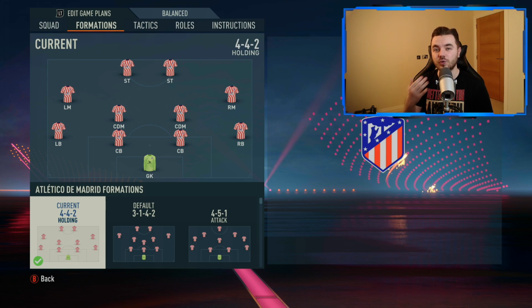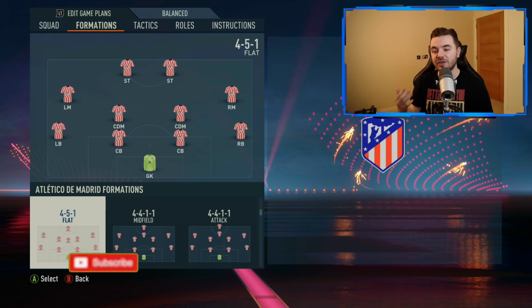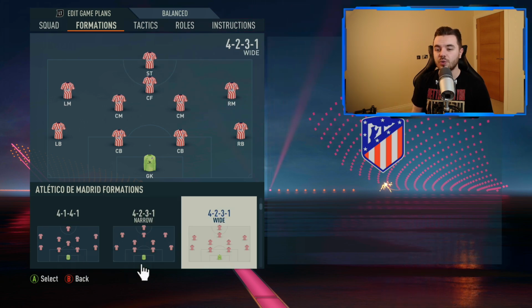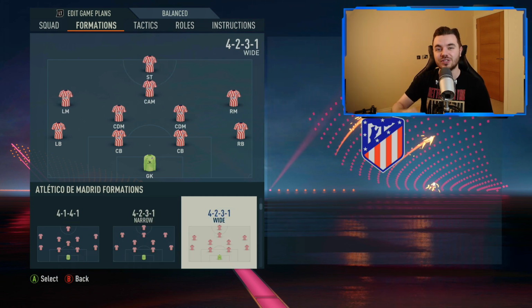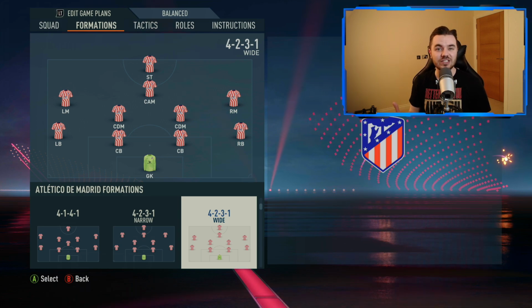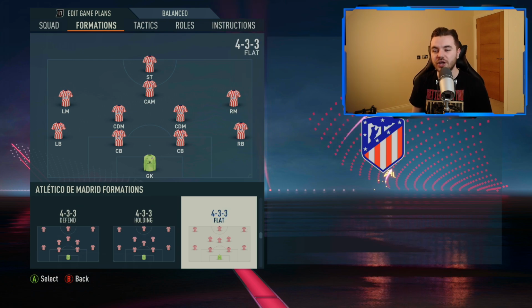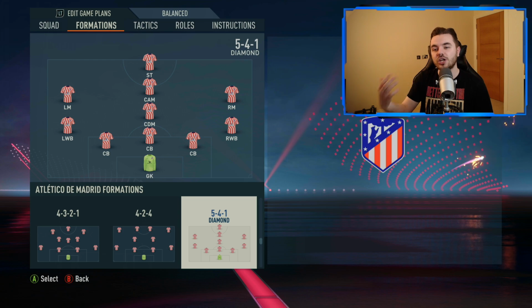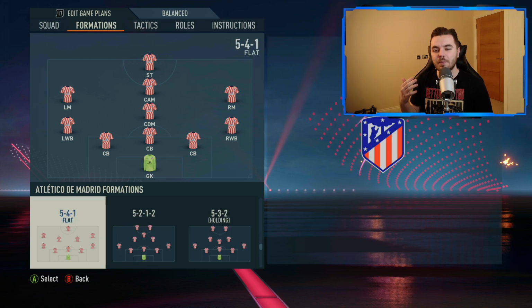Yes, we do have the 4-4-2 holding, which is an option, but for even more security, you can go for the likes of a 4-2-3-1, which is again very good for defensive systems. We've seen a lot of defensive-minded managers use this system over the years, really a 4-5-1. You can also, which is obviously very natural, go for a 5-back, and particularly the